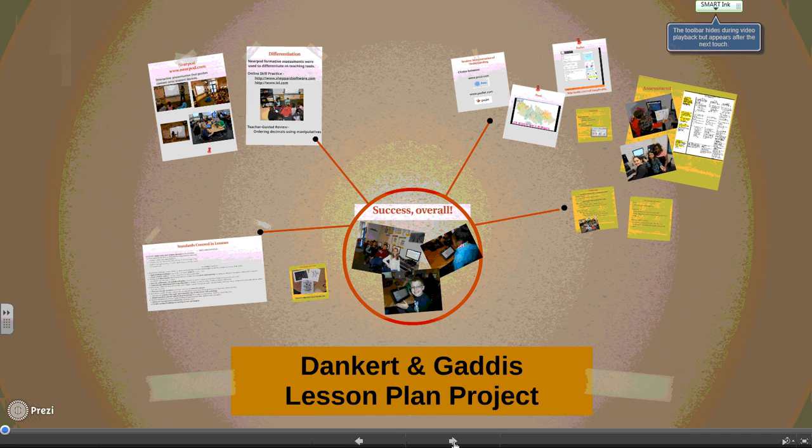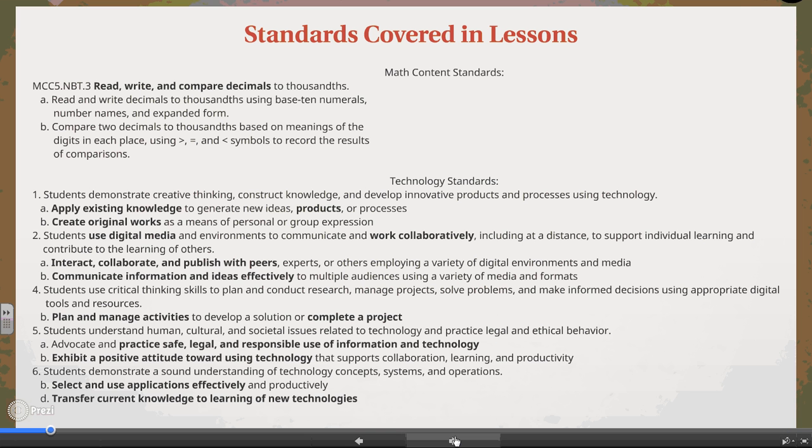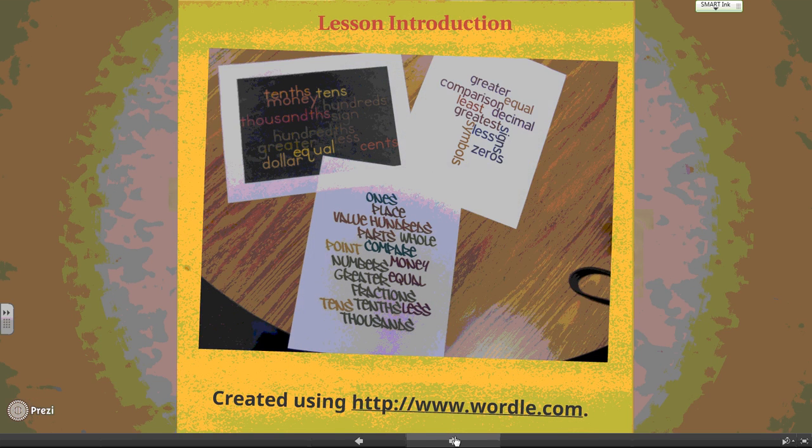This is our lesson plan project. Our lesson plan covered some 5th grade math standards of reading, writing, and comparing decimals, and we also wanted them to practice mastery on some technology standards. To begin our lesson, we opened up Wordle and asked the students what were some words that came to mind